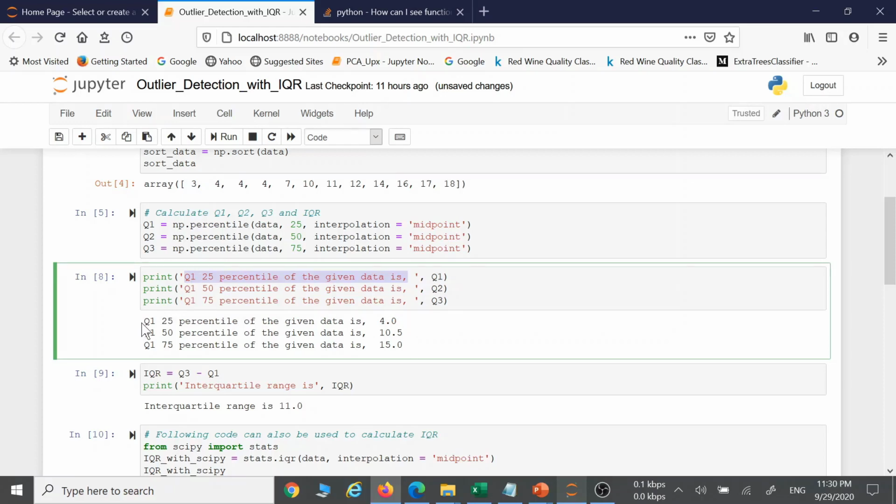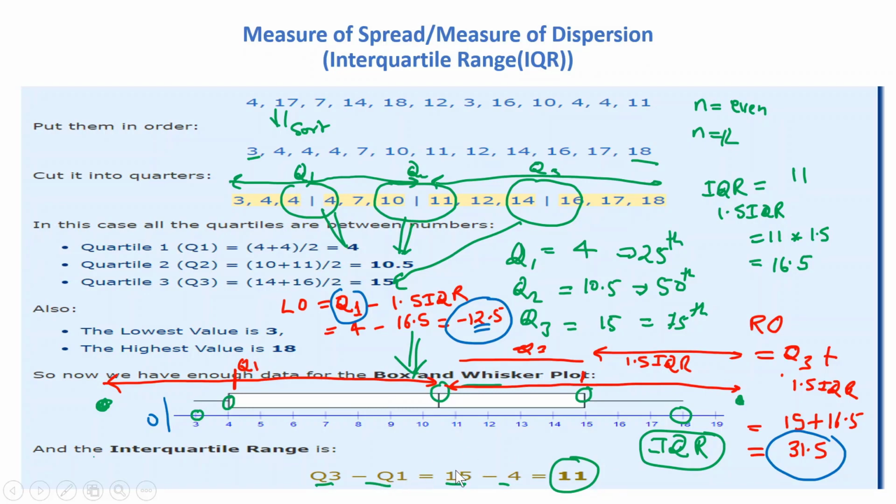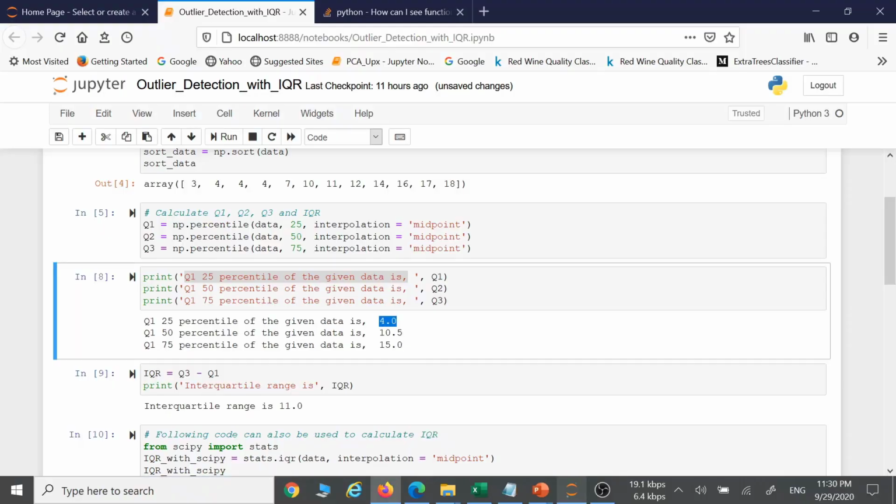There are many ways to interpret those things. Q1 is equal to 4, Q2 is equal to 10.5, Q3 is equal to 15. Just remember Q1 is 4, Q2 is 10.5, Q3 is 15. Same we are getting here. It means our values are correct.